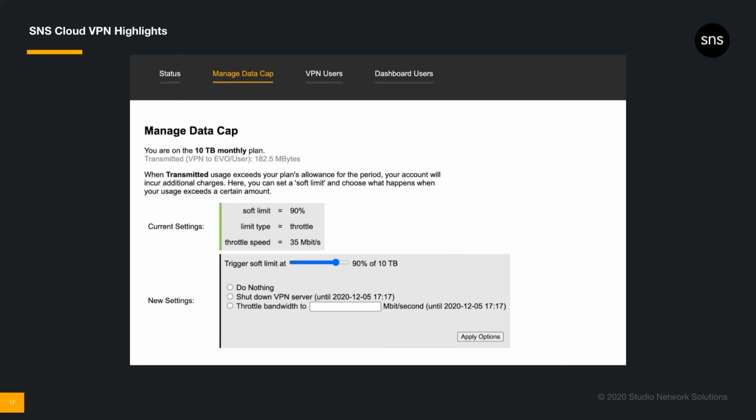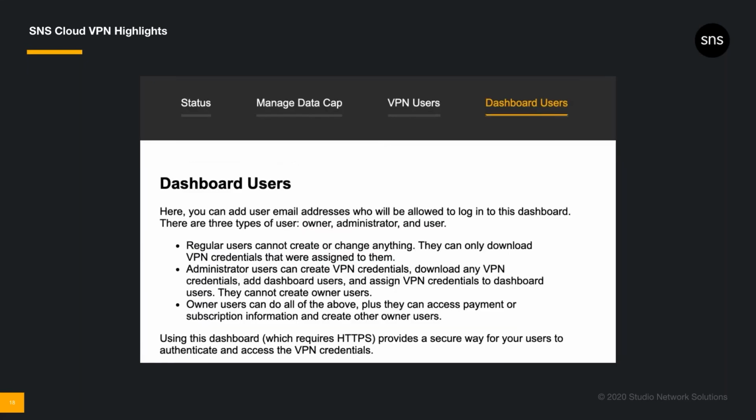You can choose exactly what happens in your account so that you don't have to worry about exceeding a flat monthly rate. For example, you can choose a transfer threshold and set your account to throttle down or even temporarily deactivate if that amount is ever exceeded. And if your settings ever trigger, your service returns to normal at the beginning of your next billing cycle automatically, and your threshold settings stay just as you had them. Your dashboard gives you 3 tiers of user class, and those permissions are described right here.